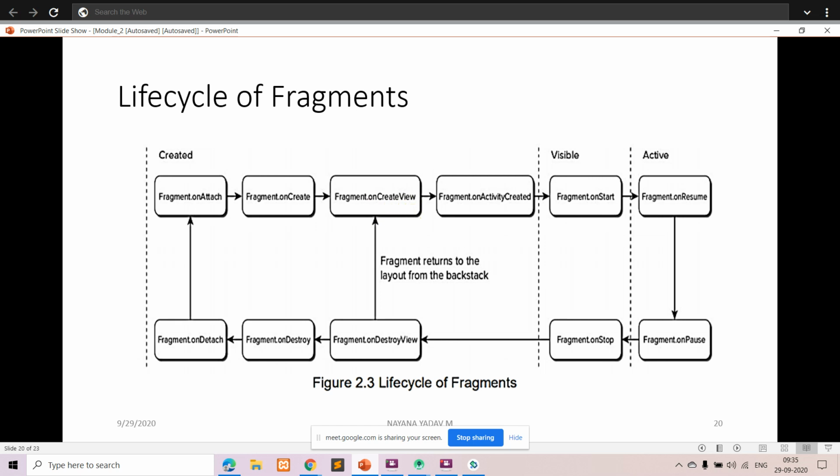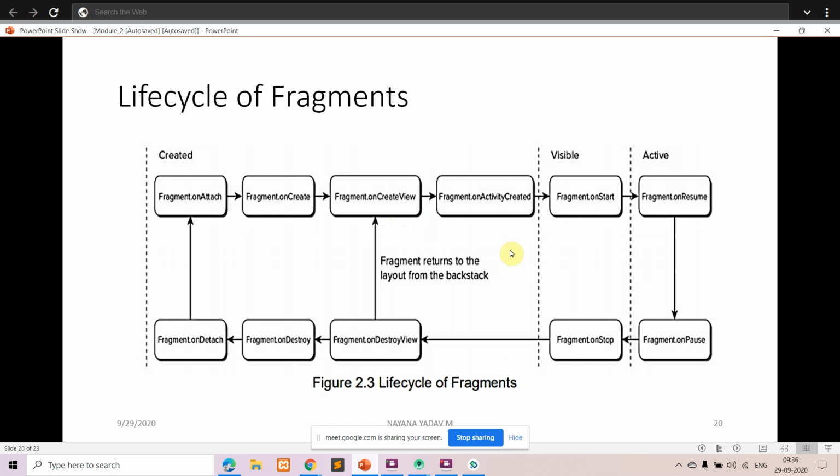Now the text boxes, buttons, or check boxes, all these things can be drawn. To draw a user interface for your fragment, we must return a view component by using this method, onCreateView. That is what acts as the root for your fragment's layout.